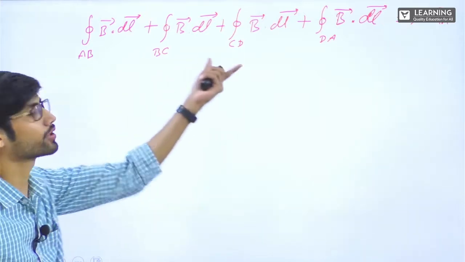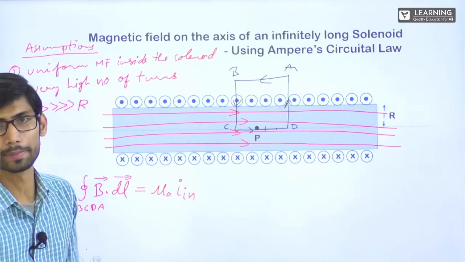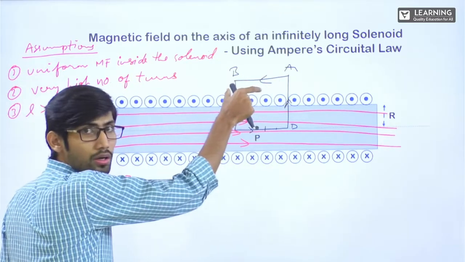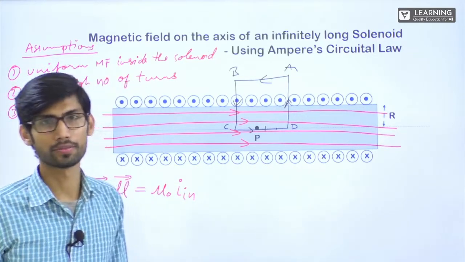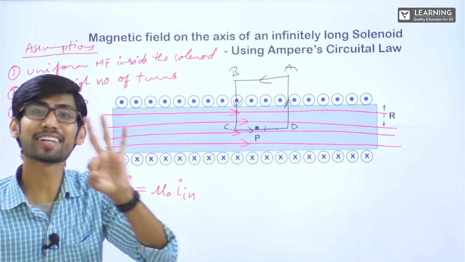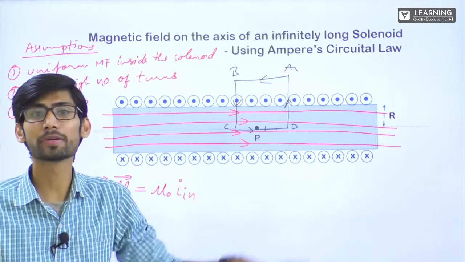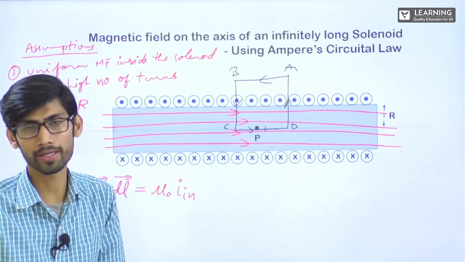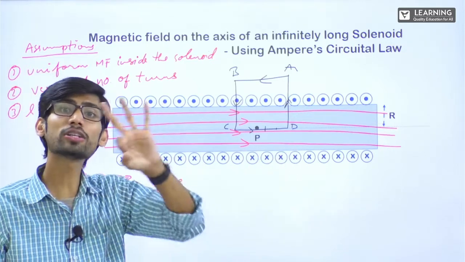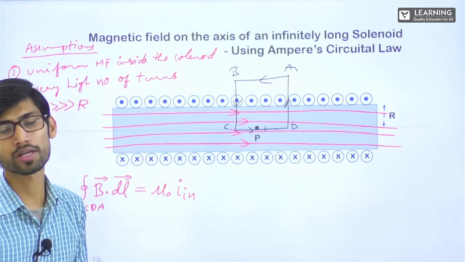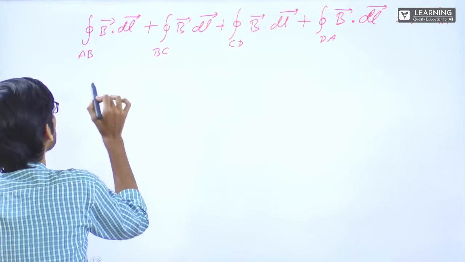Now see this. Let us take out the magnetic field for each arm. First AB. If you see AB, is there any magnetic field here? There is no magnetic field. B itself is 0. There was a third thing where I told you Ampere Circuit Law is useful when B vanishes, when magnetic field becomes 0 at any place, at any point. Here, at each point, magnetic field is 0. So this is actually fulfilling all the three conditions where we can use Ampere Circuit Law. So here, magnetic field is 0. So first, for this integration, this will be 0 plus